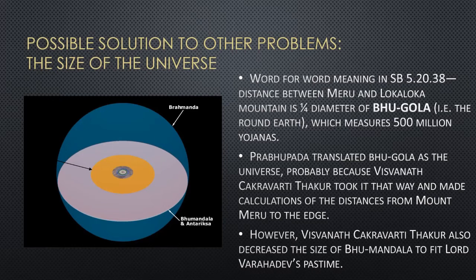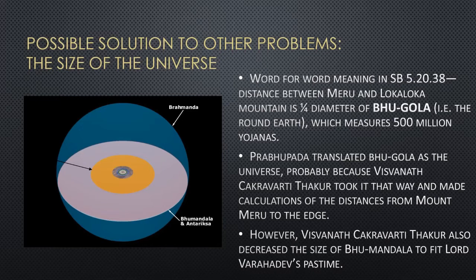Half of the universe is filled with an ocean, so it plunged into it, and the Lord had to take this incarnation of a boar to go into the water and